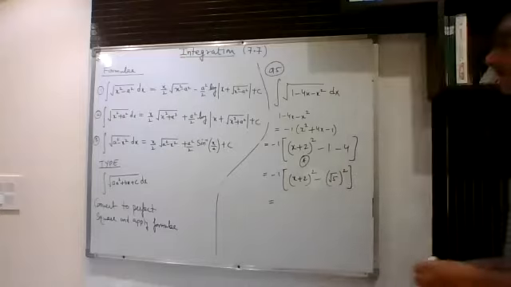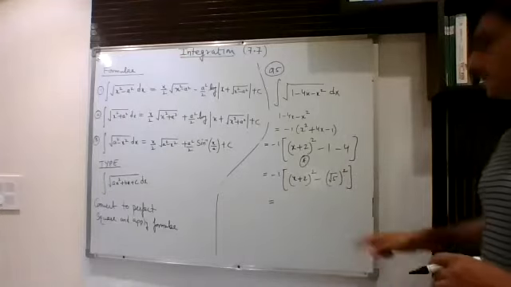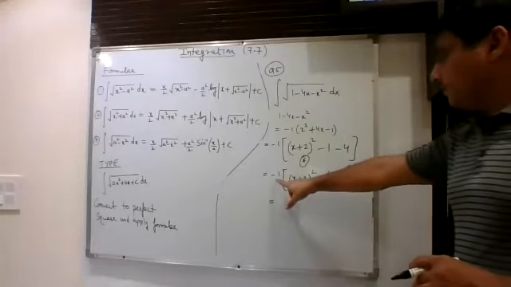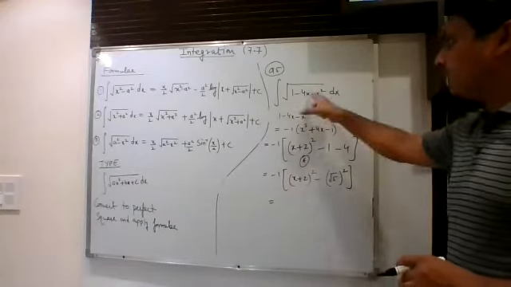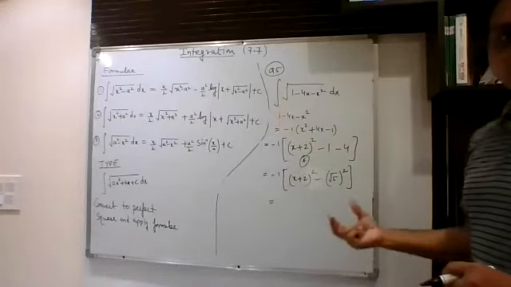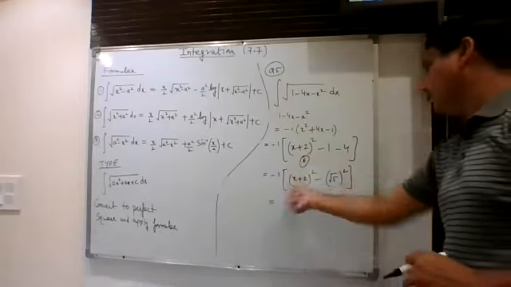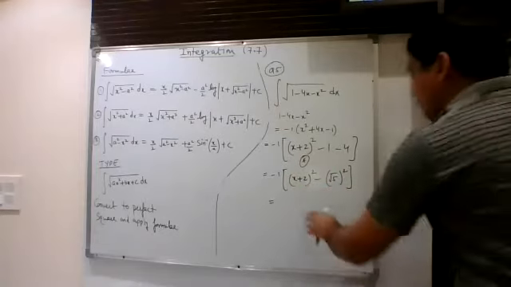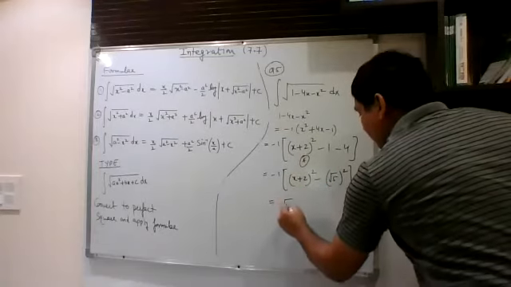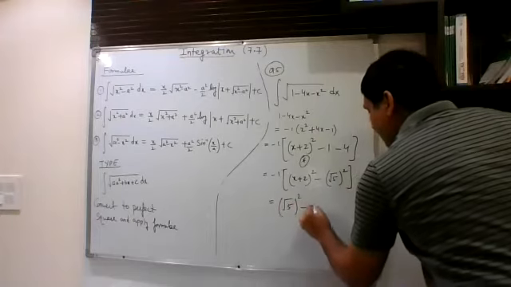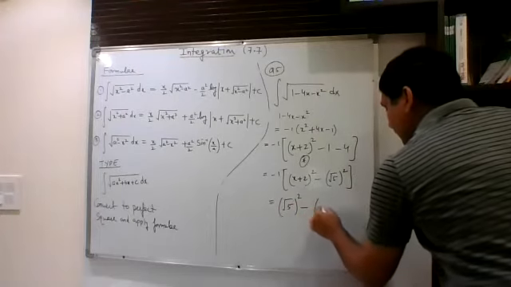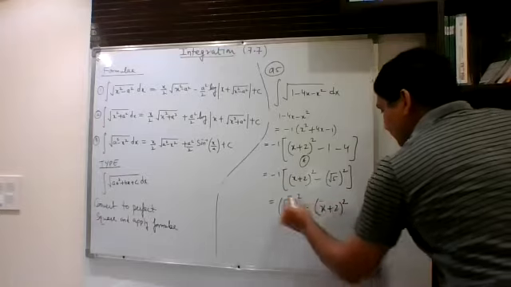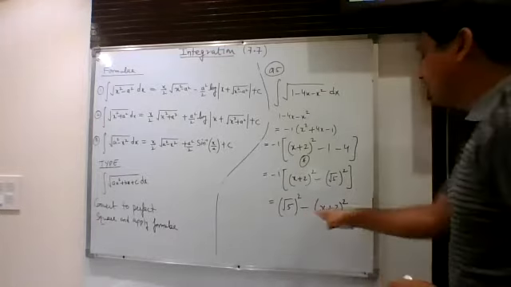Now, as in that 7.5, I had told you that you cannot take this minus 1 out of this root sign. So what we can do is you will take this negative inside this bracket. So this can be rewritten as under the root of 5 square minus x plus 2 whole square.